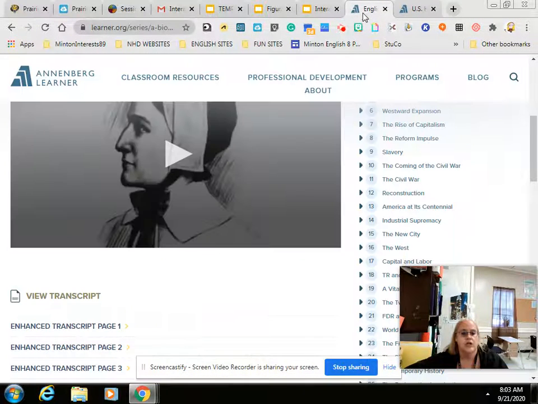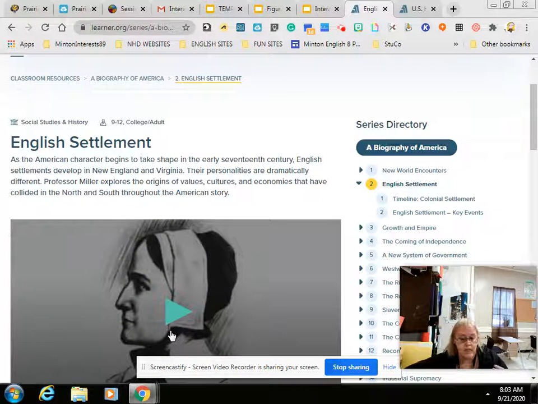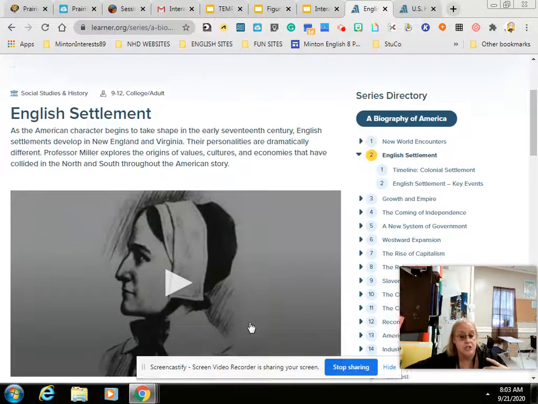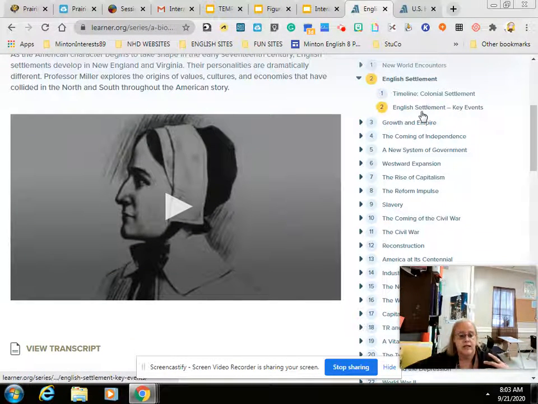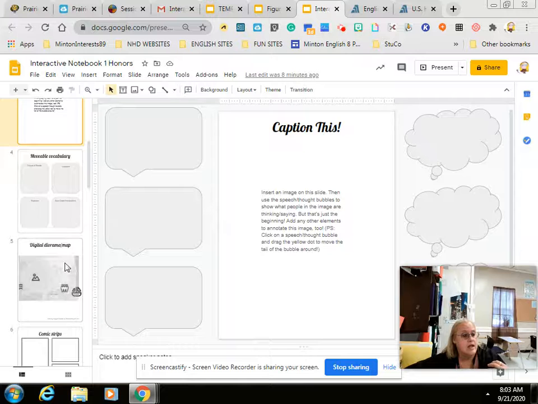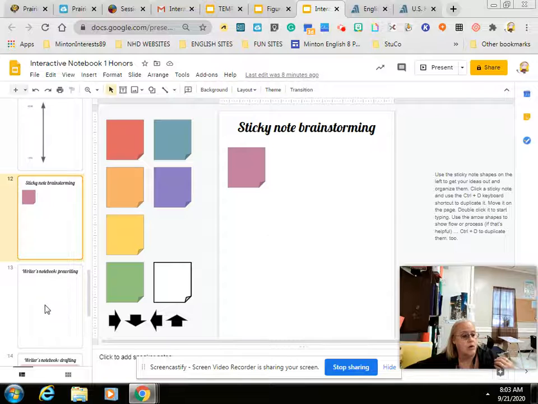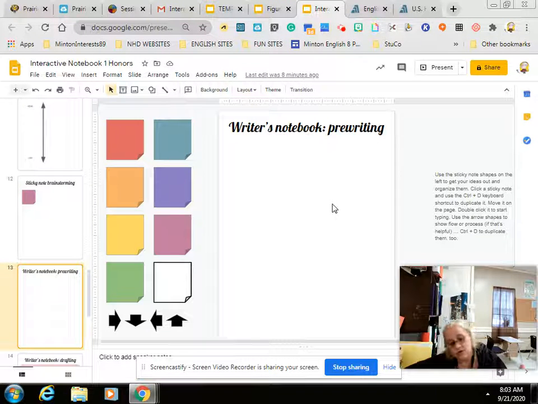From there, you're going to go on to the English settlement, which is our second interactive notebook. And I will share a template with you on that, and I will share some questions and some images for you to respond to. There's a timeline, there's the key events. You'll watch this video, take notes again. You might want to take notes on the interactive notebook when I put that up there, and you can just take notes over here further down on brainstorming or pre-writing. That's where I would take my notes, or things that are interesting to me about that